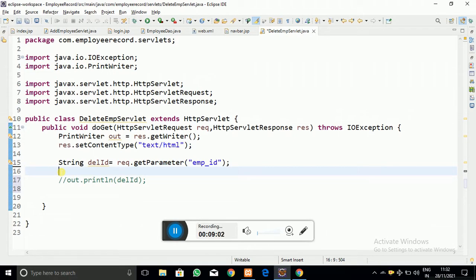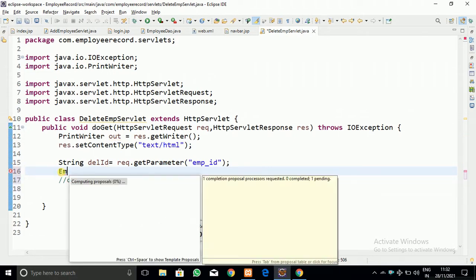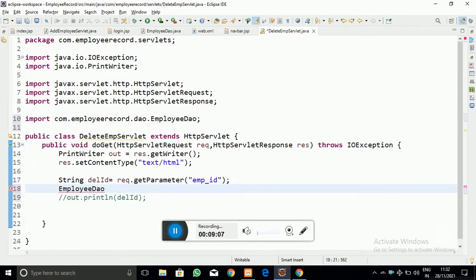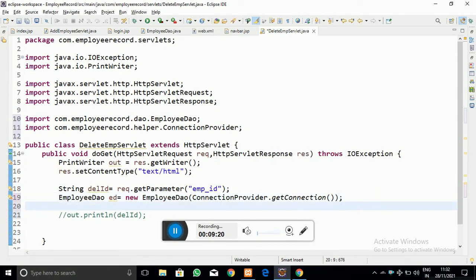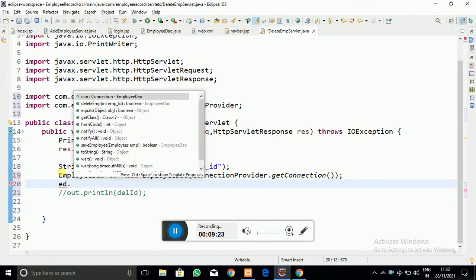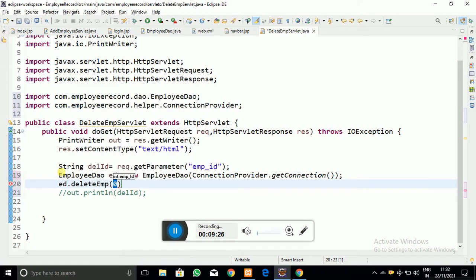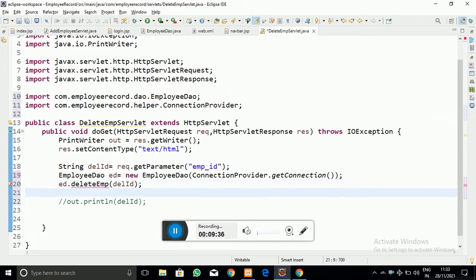For that purpose, I have to create the object of the EmployeeDAO which we have created. So EmployeeDAO ed equal to new EmployeeDAO, and it takes a connection as a parameter, ConnectionProvider.getConnection method. Now by making use of that object, I am going to call the deleteEmployee method, and as the parameter I am going to pass the deleteId which I got from the index.jsp page.